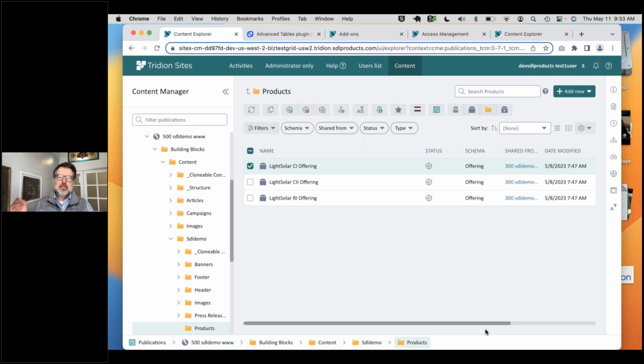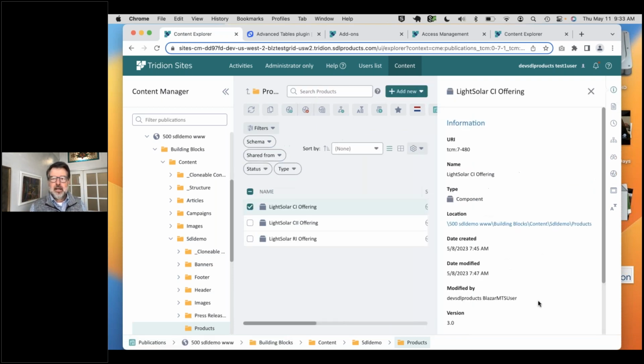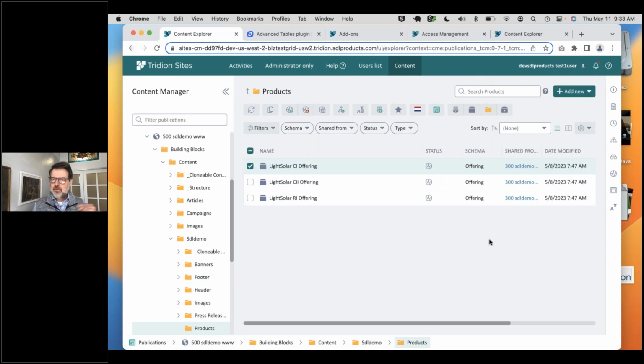We have a couple of quick little examples here, but you can imagine that whole ecosystem of, okay, how do I do a product launch? I've got to look up information from a PIM system. I've got to create some content, and maybe I have to have some sort of process for doing an SEO review, maybe an accessibility review. Maybe then after the launch, I want to have some information about what the analytics are for the piece of content. So it really opens up the door, I think, to expand what we have into a much wider